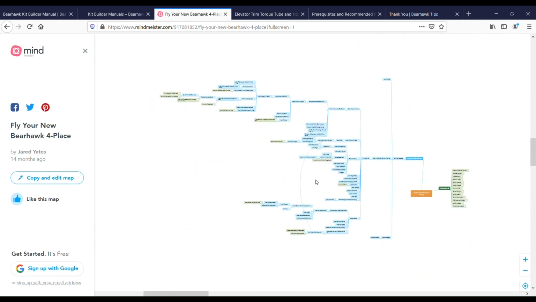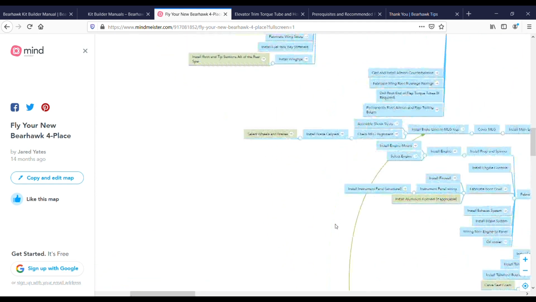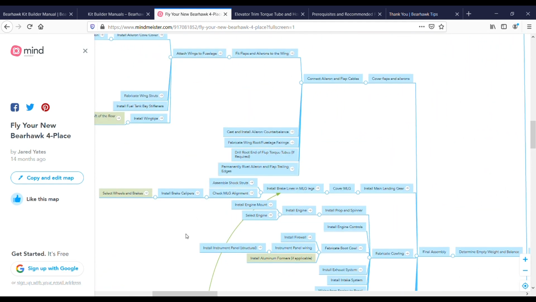Let's see, zooming out a little bit. There's a branch here for the landing gear, basically. You got your wheels and brakes, shock struts, getting the gear onto the fuselage. This is a firewall forward branch here, which is to install the engine mount, select the engine, and so forth. Some of these don't have an article, like install the prop and spinner. There's not a link there. There's not a circle with an arrow in it, and that's because you need to follow the specific instructions for your prop and spinner. Installing the engine controls, well, that's something that we just haven't gotten around to writing an